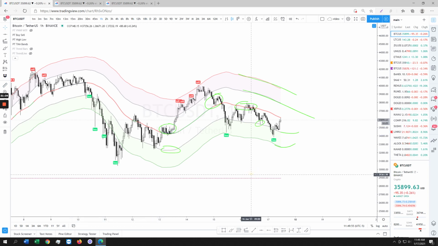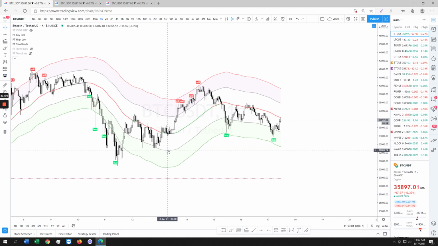14 hours. You have no reason to not be in a long over here if the bands started curling up. See how they're curling up, guys? So just wait until these little bad boys start curling up a little bit. It happens. It's called consolidation. You break above. I'm assuming that what's going to happen is we're going to break above the 1 hour, consolidate a little bit over here, and then go back up higher if we're bullish, right?